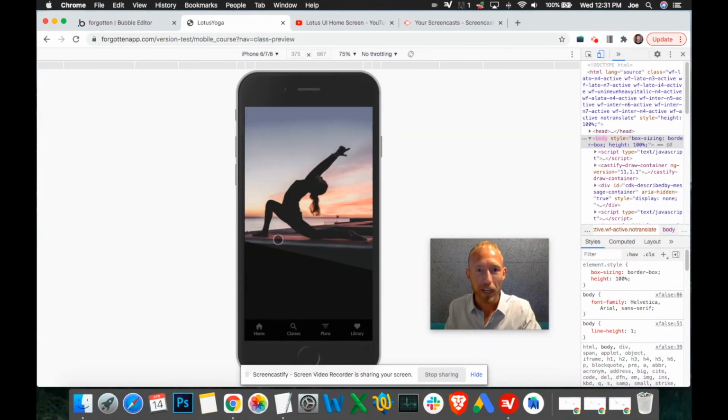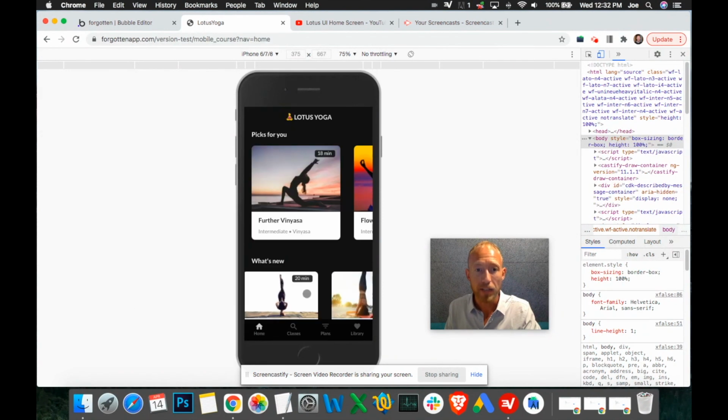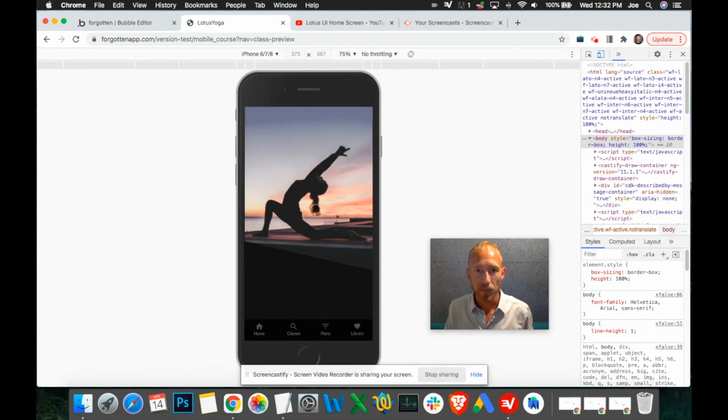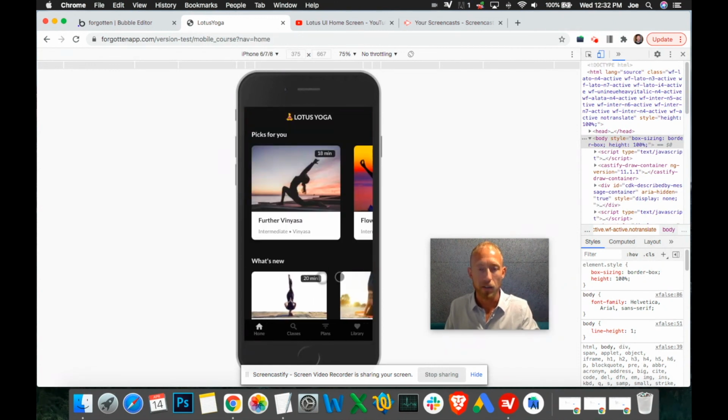But what we got accomplished, and we'll get a back button on there in the next video, and we'll actually build this out. So in the next video, what you can expect is that we'll kind of finish off this thing where you can play the video. So we'll get a video player, and then after that, we'll work on the classes page, the plans page, the library page. But for now, I think